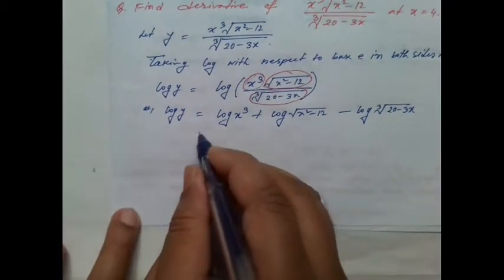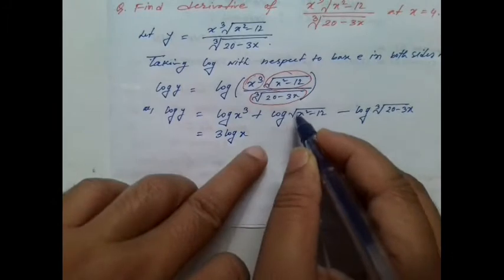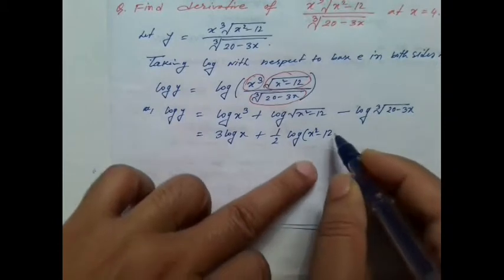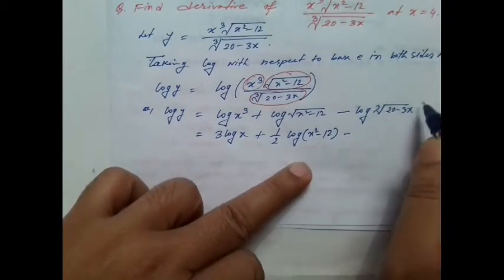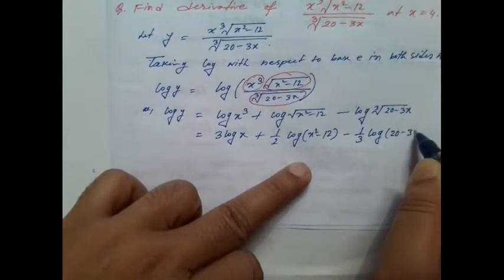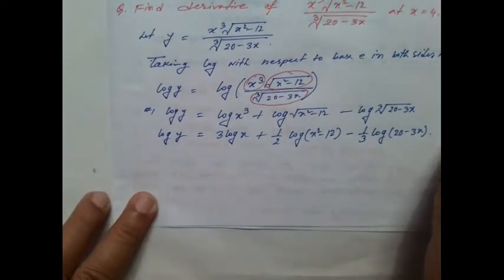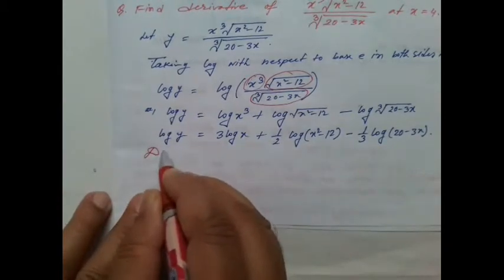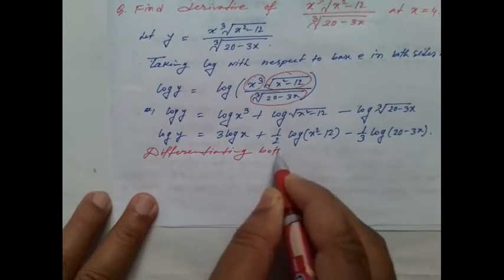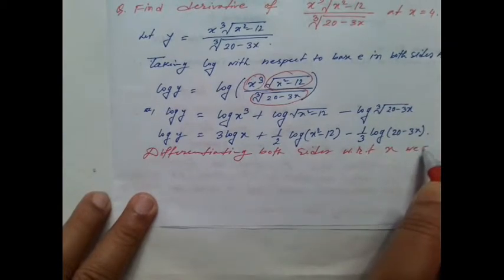Okay, equals to, now the power will come at the front, so 3 log x, then for the root we have half log of x square minus 12, minus, here cube root means in power we have 1/3, so 1/3 will come here, and log of 20 minus 3x. Okay, this one is our log y. Now we have to write, differentiating both sides with respect to x, we get,